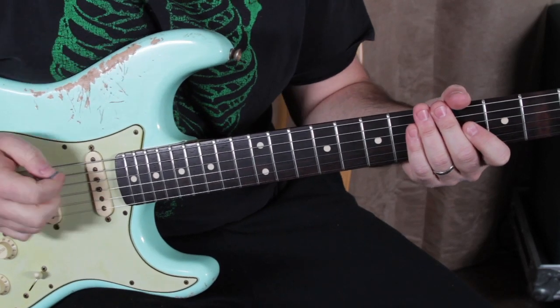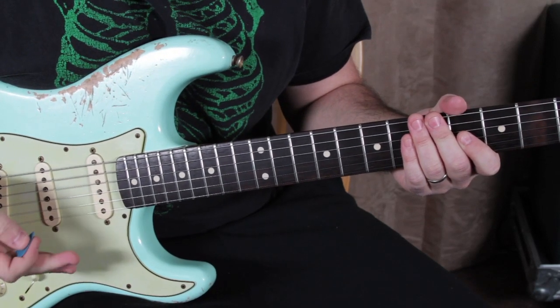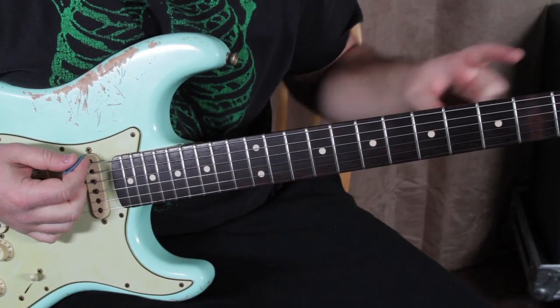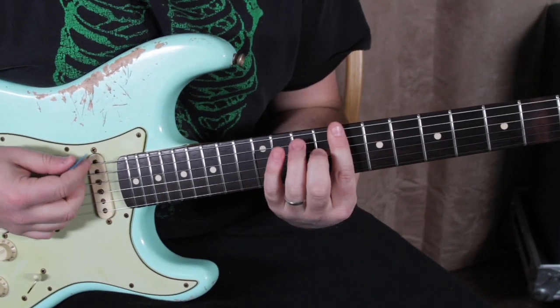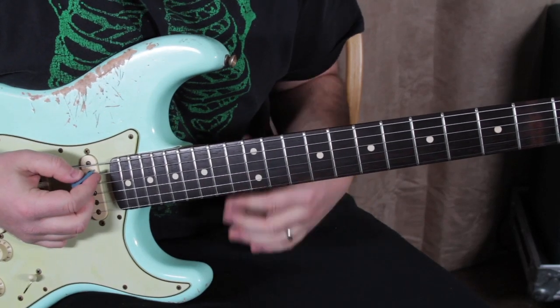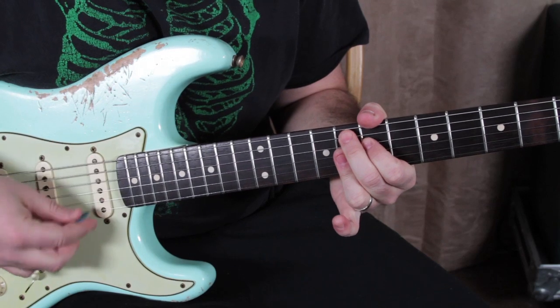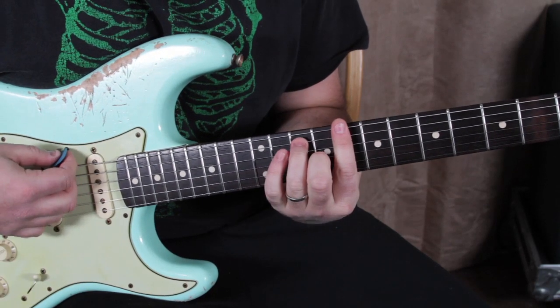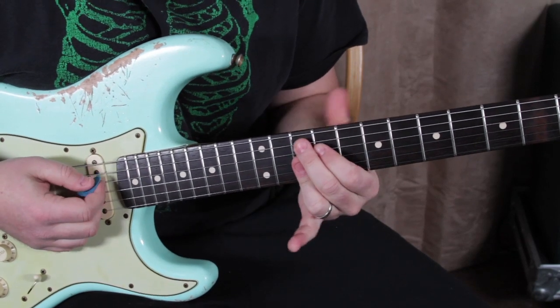Alright, so the progression I was playing was just a 1-4-5, or a basic 12-bar blues in the key of C. So the root is the 8th fret of the E string. And I was playing C7, and then I changed to what's called the 4 chord, which is the F9, back to the C7, and then the G9 as the 5 chord,